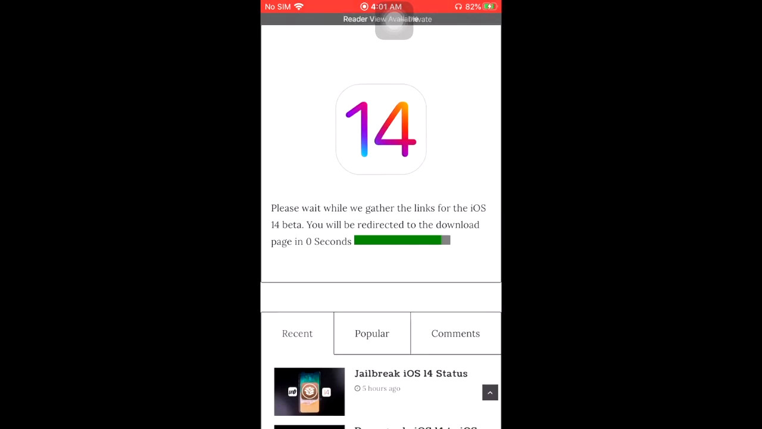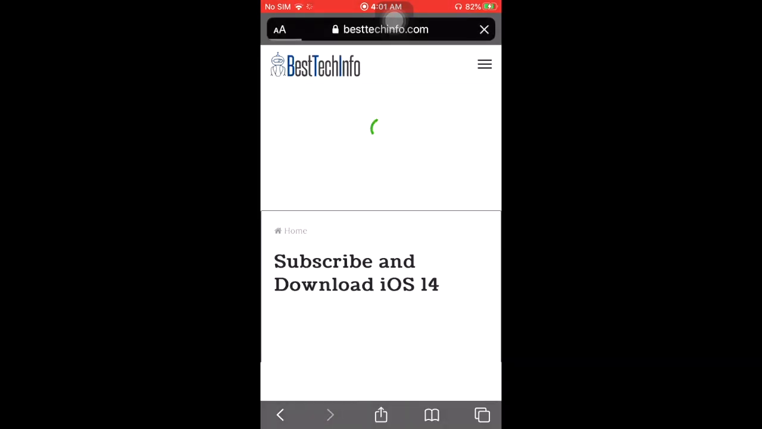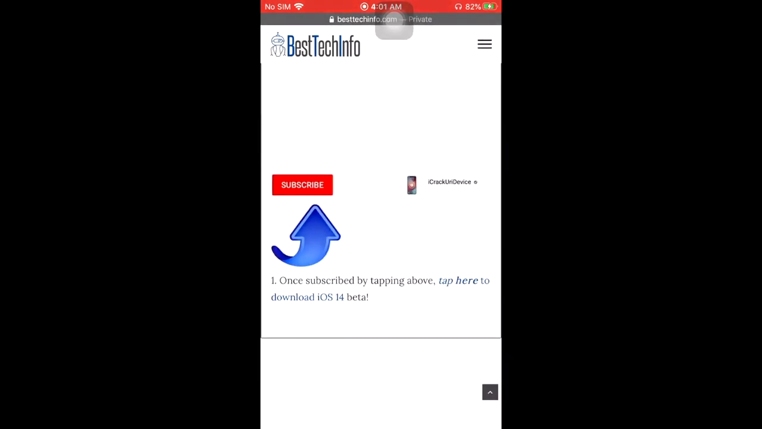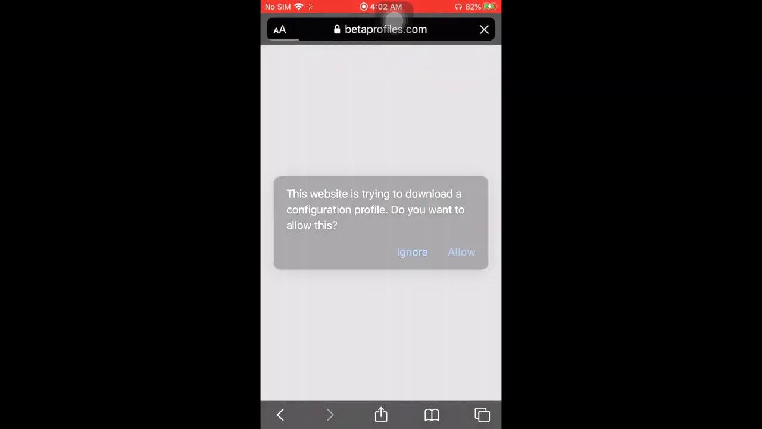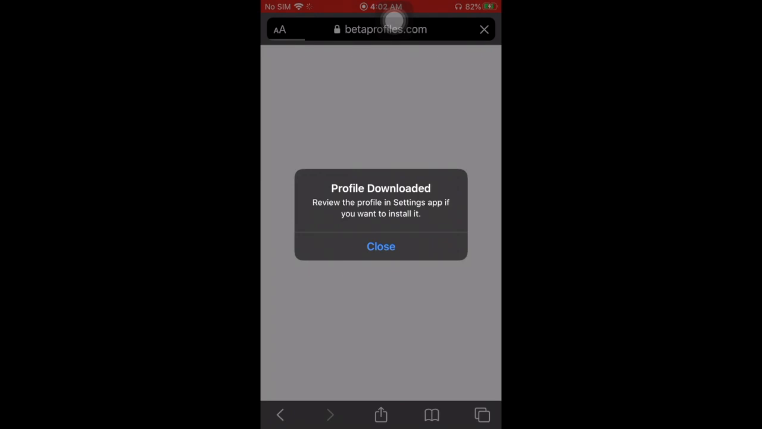Here you wait 4 seconds. After the page downloads, scroll down until you find this blue arrow and tap here to download iOS 14. Hit allow to set the profile downloaded, close,